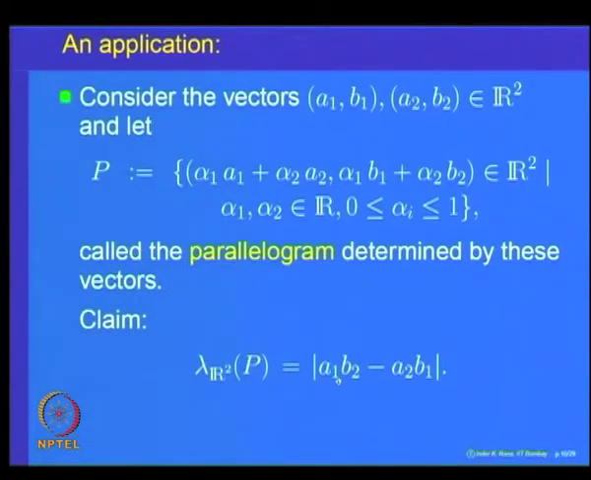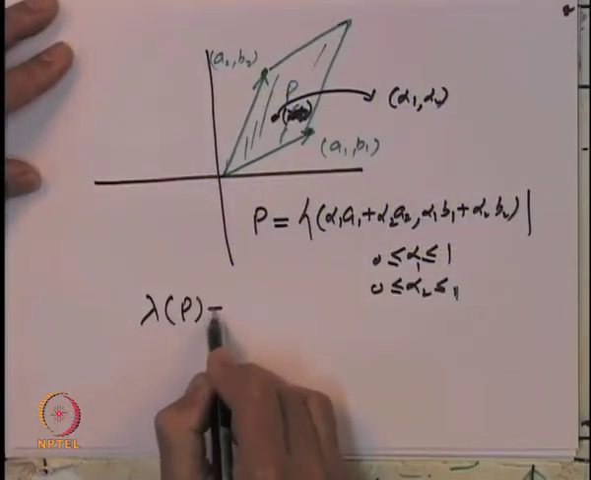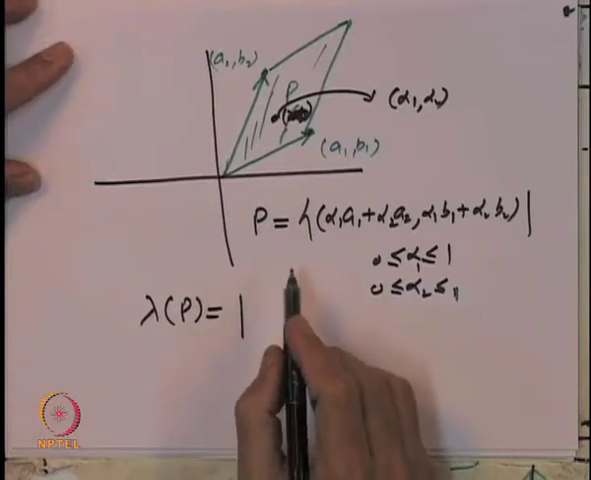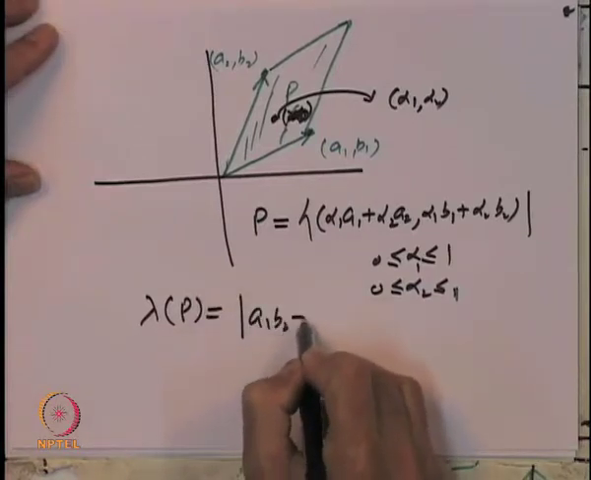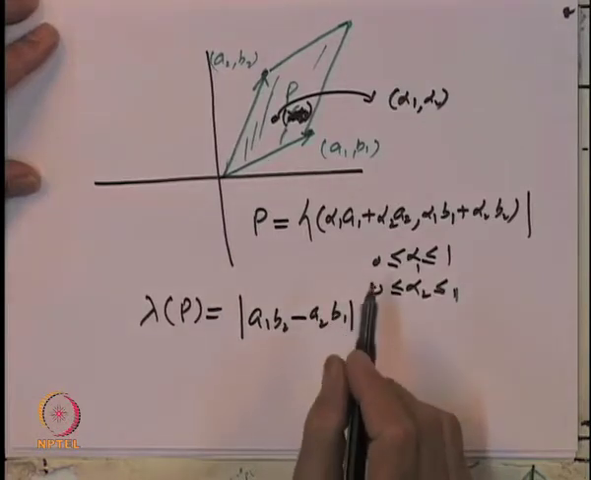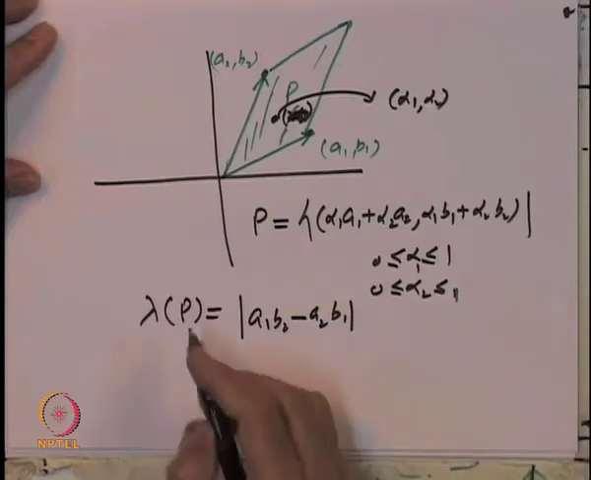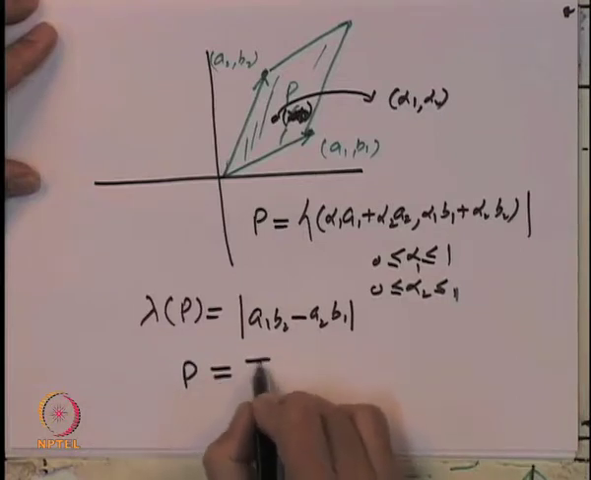as the absolute value of a1 b2 minus a2 b1. So, these are the components a1 b1 and a2 b2, the components of the vectors which we started with. So, the claim is that the Lebesgue measure of P is equal to the absolute value of a1 b2 minus a2 b1. Okay. So, to prove this, we are going to show that this P is equal to T of